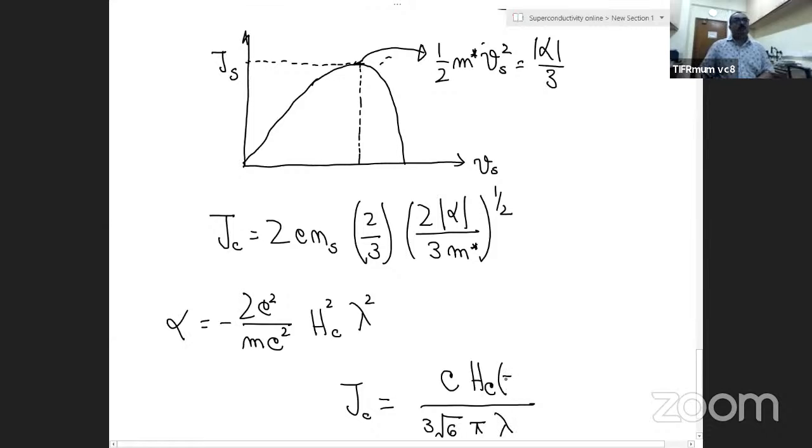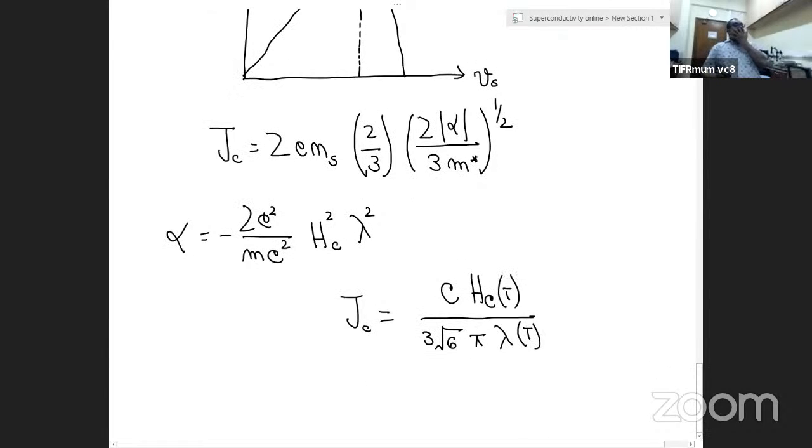So these two are temperature dependent quantities, and if you know the temperature dependence of Hc and lambda, then you know the temperature dependence of Jc. But that is not the important point. The important point is, now let us try to compare this with a simplistic estimate,